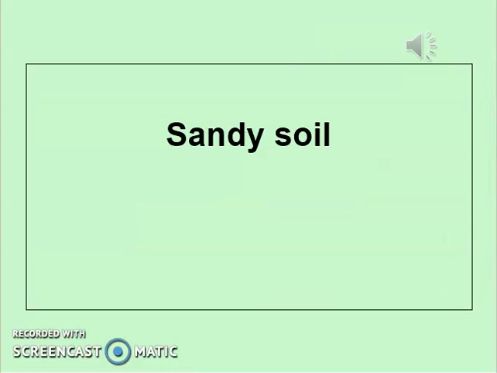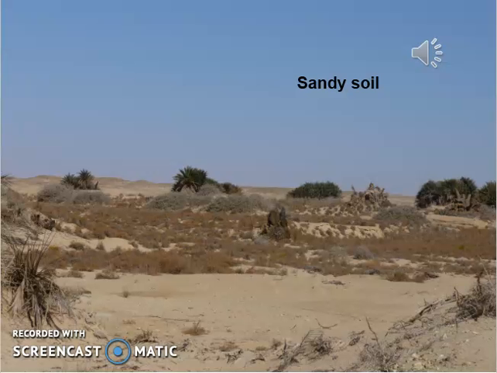Let us go through our lecture today. As I told you, our lecture focuses on sandy soil, its problems and methods of cultivation. The sandy soil looks like this photo, and as you see here, there is natural plant cover.